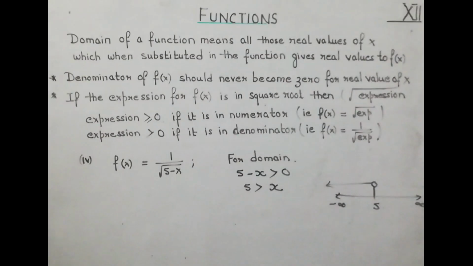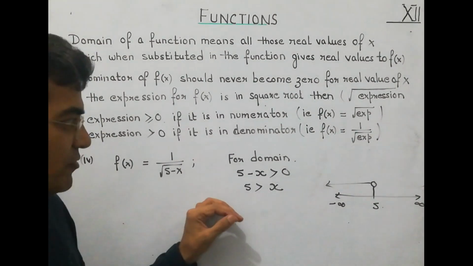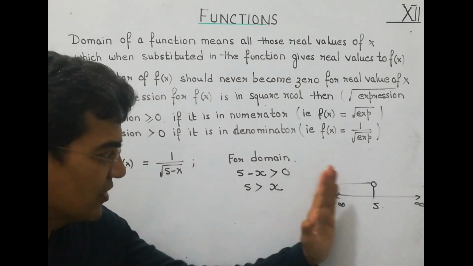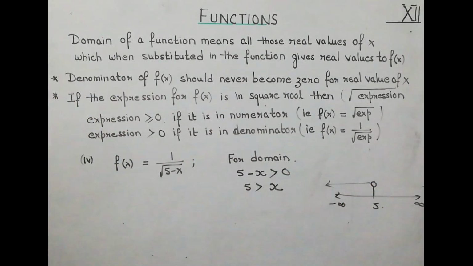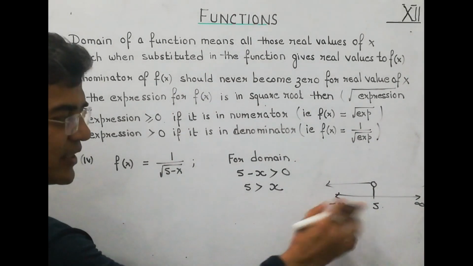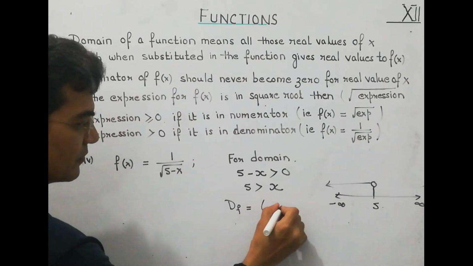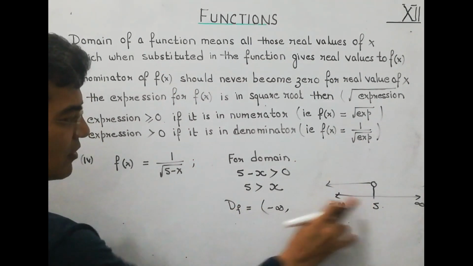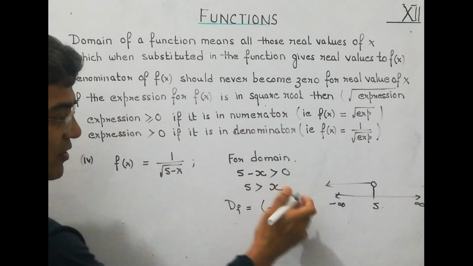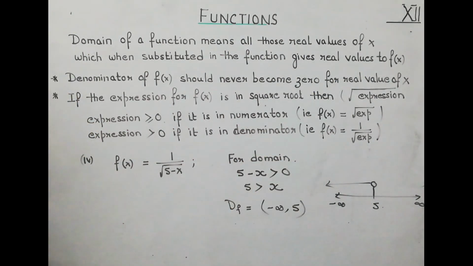So that means what will be the domain of the function? From minus infinity to less than 5. 5 is not included. Now, infinity is never included, so round bracket. And here 5 is not included because there is no equal sign. So the number which is not included has to be put within the round bracket. So this is how we can write the domain of the function in this case. You can pause and note it down. Let us take one more example.